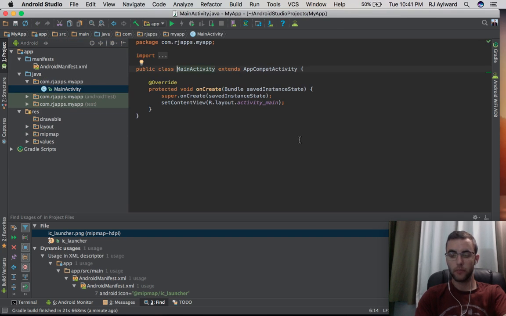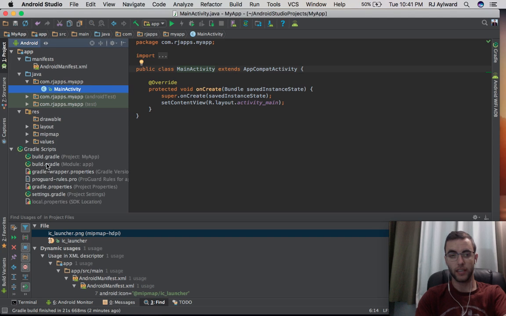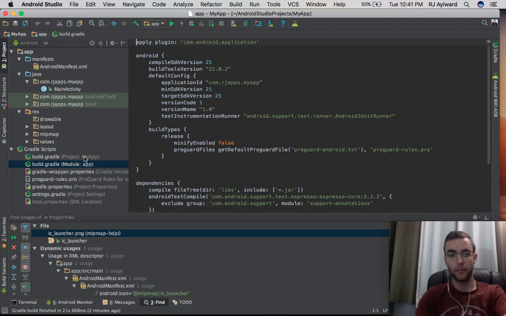The other important place we're going to look today is the manifest, but we don't need to touch it. If you were building a more complex app, you would need to declare all your activities in there. It's also where you declare permissions and things like that. Another interesting place to check out, but we're not going to touch, is this build.gradle file. This is where, as I said, if you ever wanted to change the minimum version of Android, you could adjust it